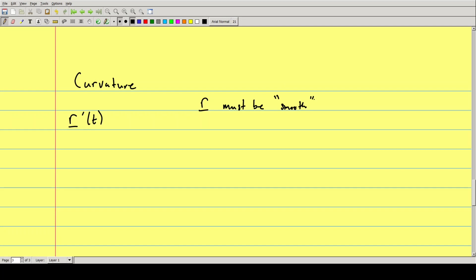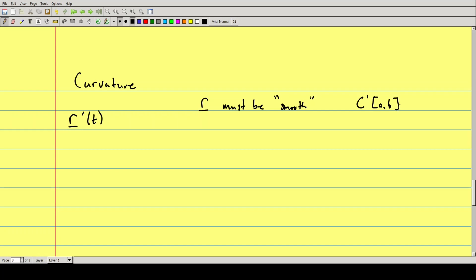Now, the word smooth, as I hope you were all told in your previous calculus courses, refers to the function having continuous derivatives. So when I use the word smooth in a mathematical context, it is a reference to the function having continuous derivatives. For our purposes, one continuous derivative, which would be described